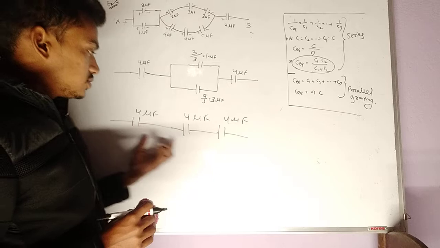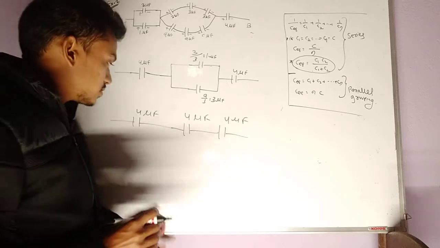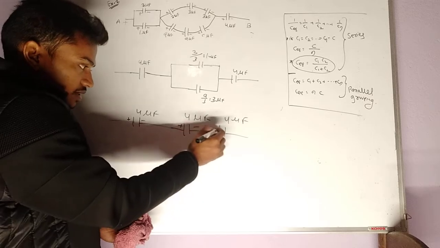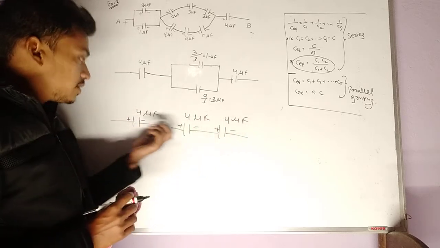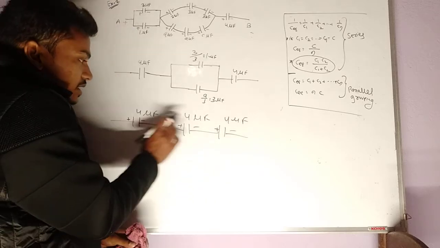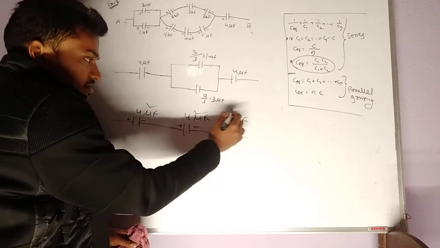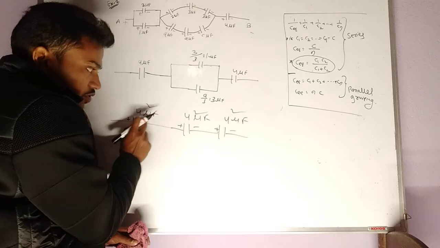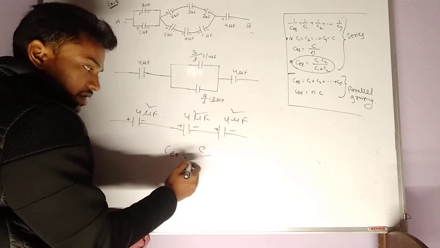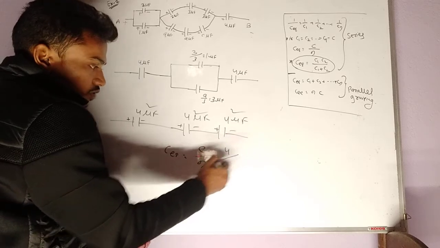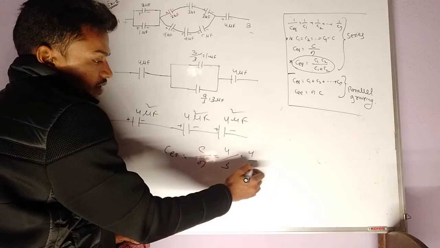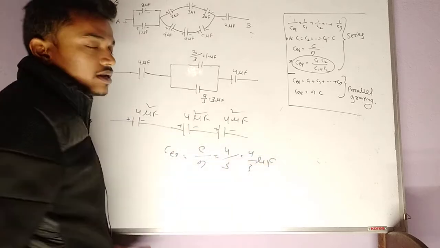You see here, these all are in series grouping, means connected in a single branch. Or this is positive, negative, this will be positive, negative, positive, negative. So negative connected to positive, negative connected to positive. So these are series grouping, and each capacitor has capacitance 4, 4 and 4. So C equivalent will be C by N. C is 4, N is number of capacitors, 3. So equal to 4 by 3 microfarad. This will be the answer.